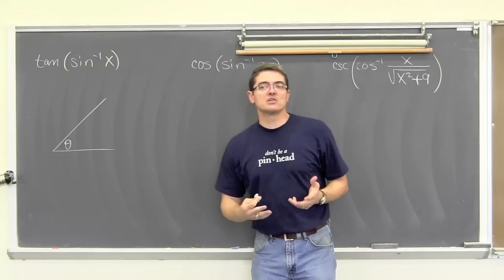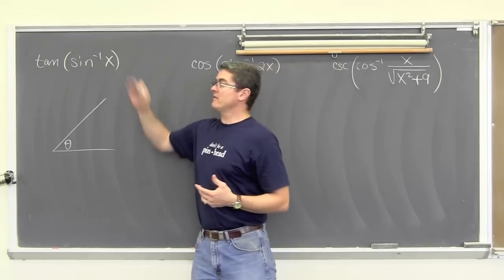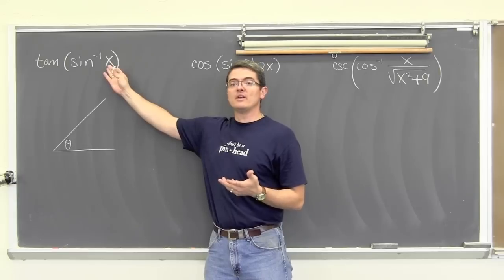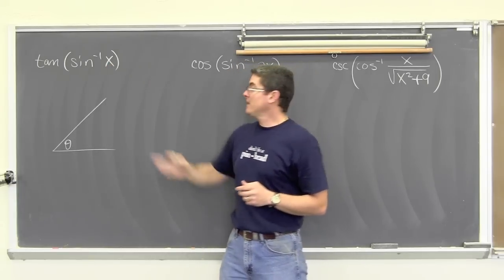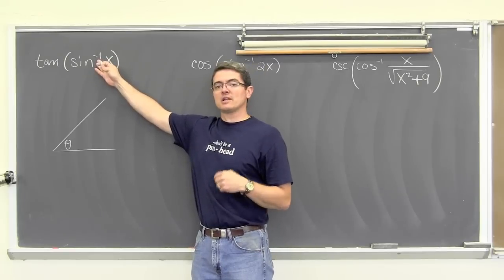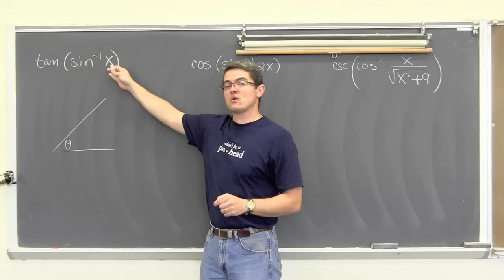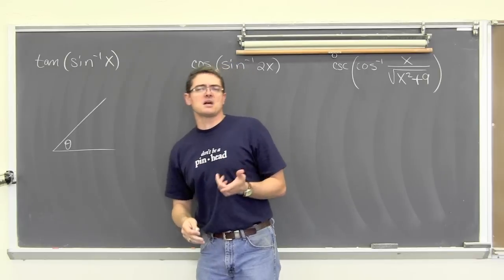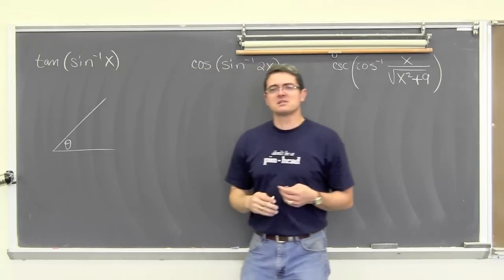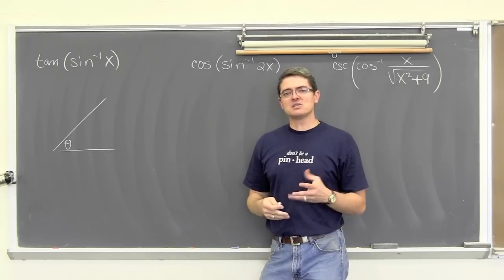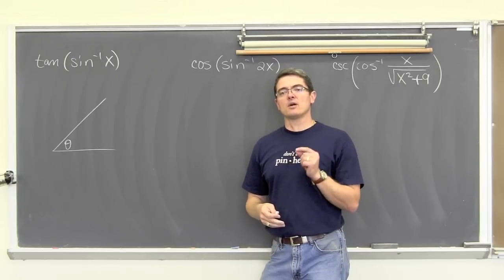I don't know what its angle measure is, and I'm not going to be able to find it because I don't even know what my numerical values are. I just have this value of x. Well, if this is an inverse trig function, let's remember that this is the side of a triangle. So remember that sine is y over r, but saying that might be confusing since this is this x value. So let's remember that sine is opposite over hypotenuse.